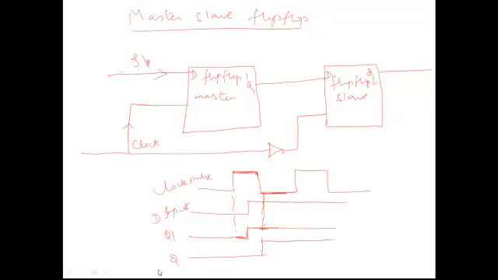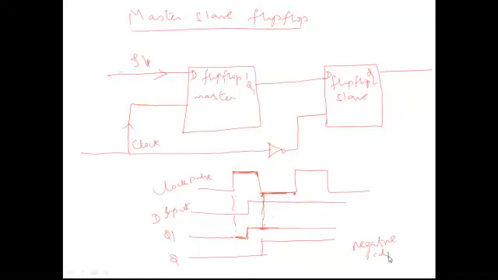Now, what is actually happening with the master-slave flip-flop? The master is also level triggered: level triggered in the sense that from this end to this end, whatever change there is in the input, the master responds accordingly. Similarly, the slave will respond during the negative level. Now, when you have a master-slave combination like this, you get negative edge triggering.